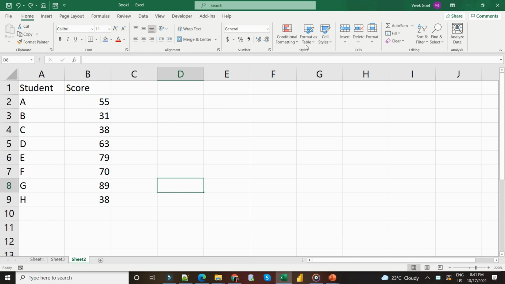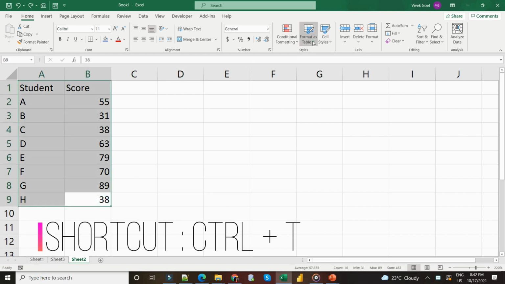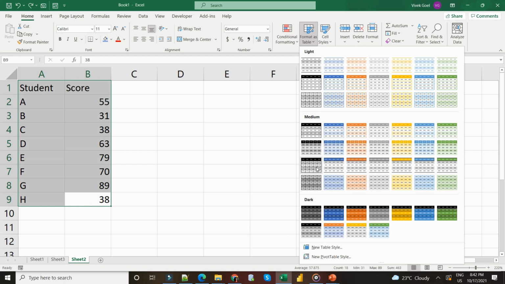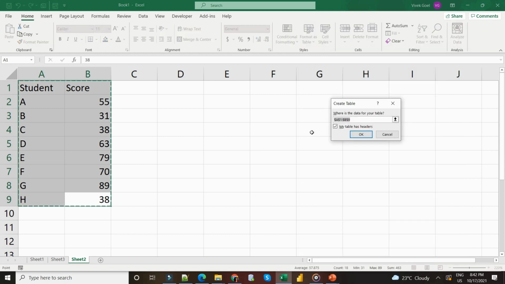The next option in Home tab allows our data to be formatted as a table. If we select our data and click on Format as Table, it will provide us the various looks we can choose from. Upon selecting one, it will check if our table has headers. In our case, we do have the headers, student and score.